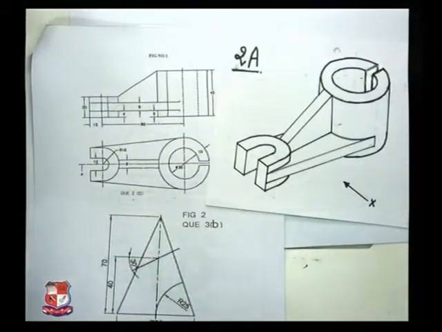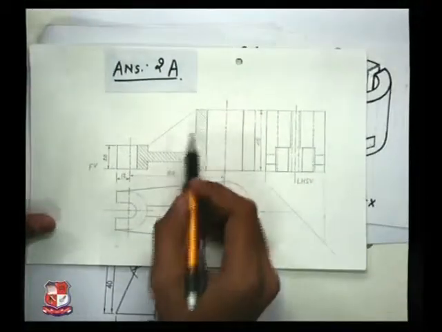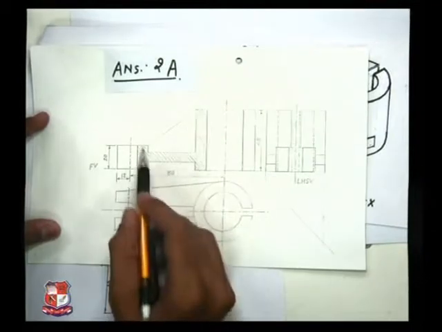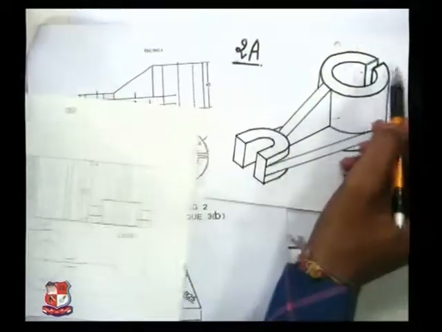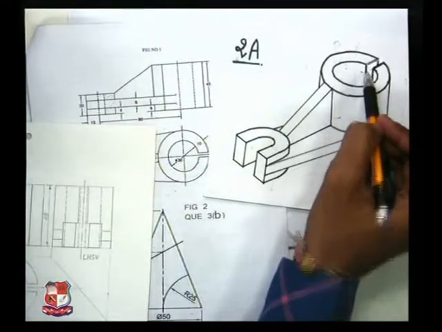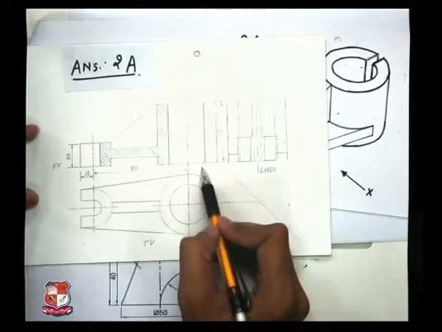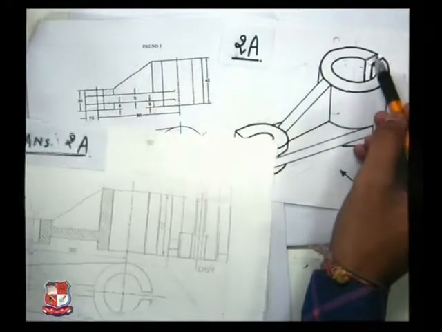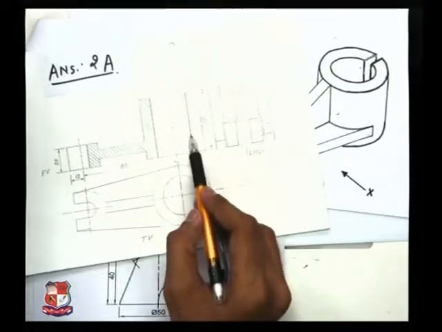In short, its front view would appear like this, as shown over here. This would be its front view: section lines, section lines, section lines. Here no section lines. But yes, after cutting this line would be really visible. So this dotted line would be drawn as a full line, because when we cut this portion from here, this face would be visible. So this invisible line would become visible over here.